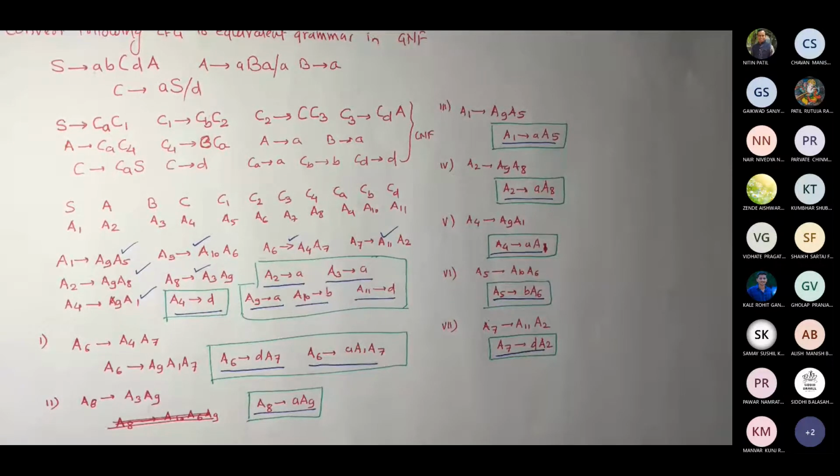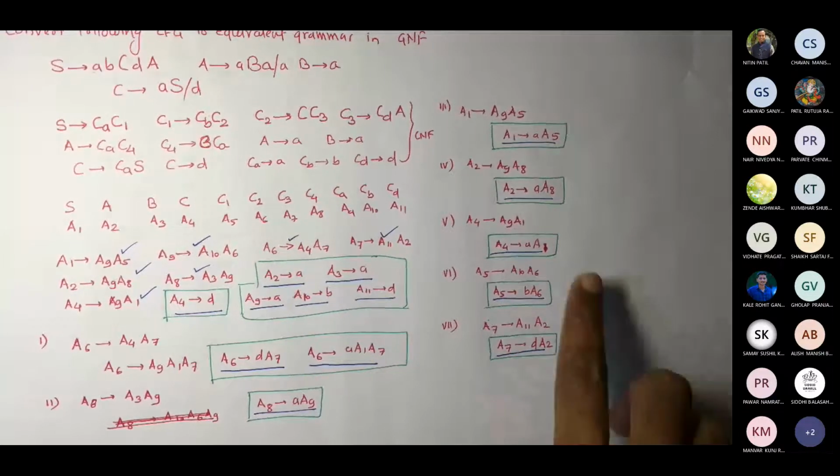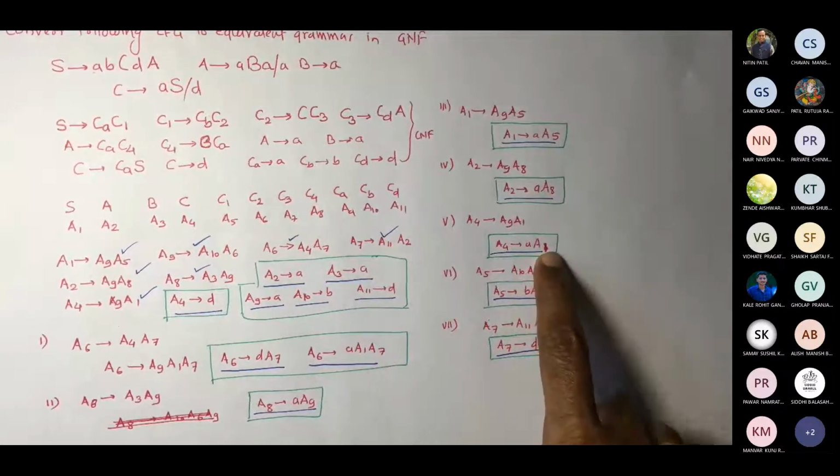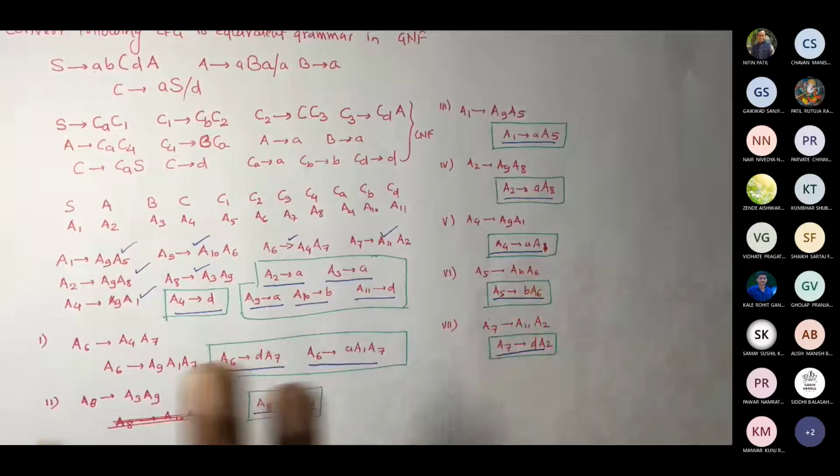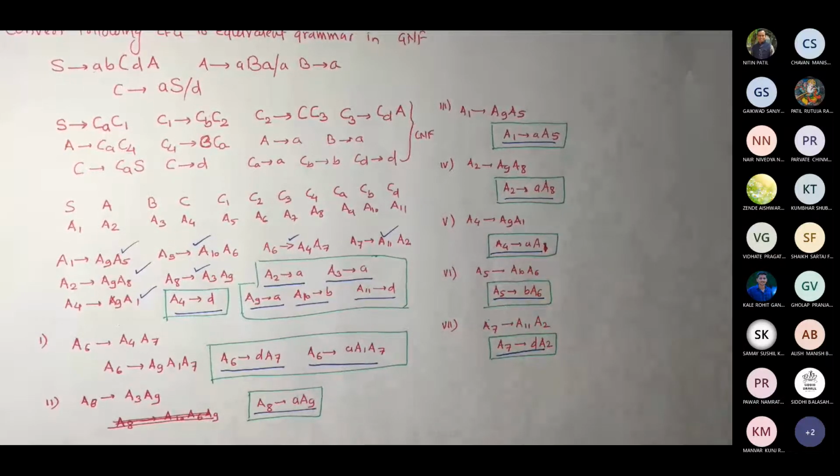So the trick here is what? If you don't have any null production or unit production, then it is very easy. Only convert it to CNF and then get the solution. But as you must have seen, I missed one here. I wrote 8. So you have to be very much conscious about what exactly you are writing. Fine. Is that okay?